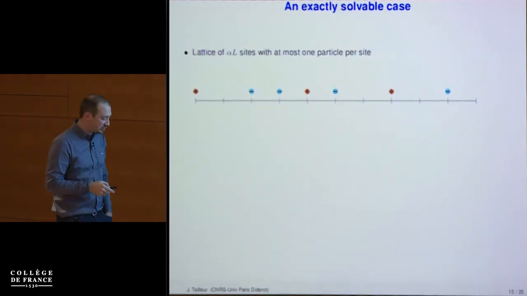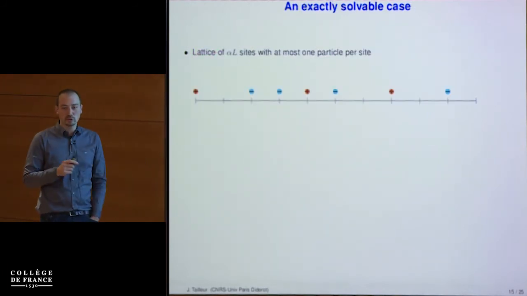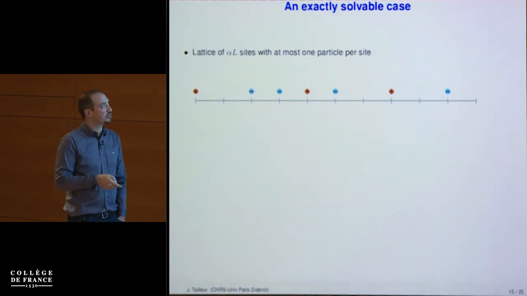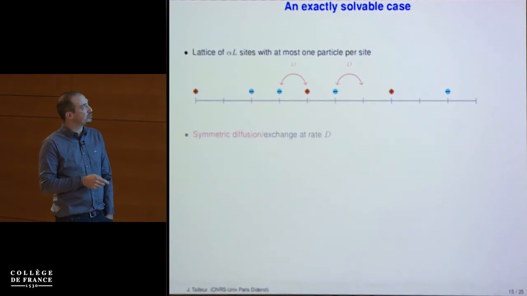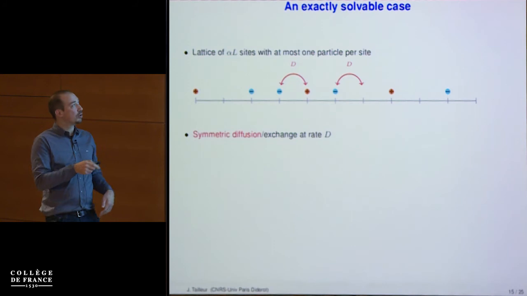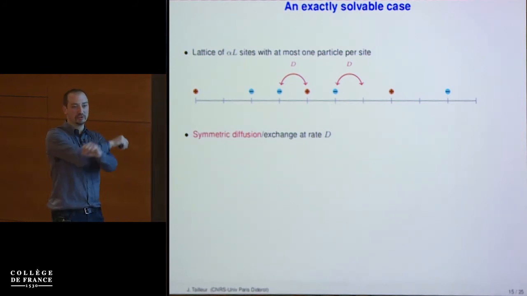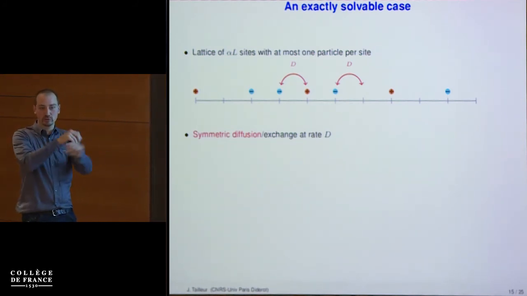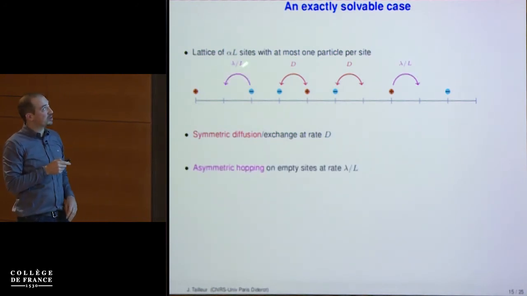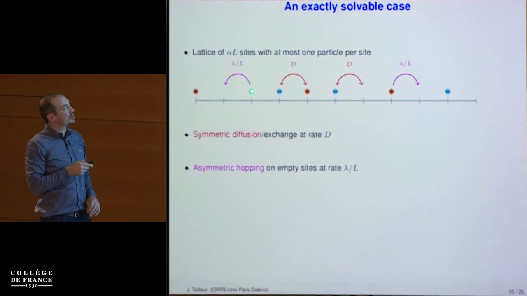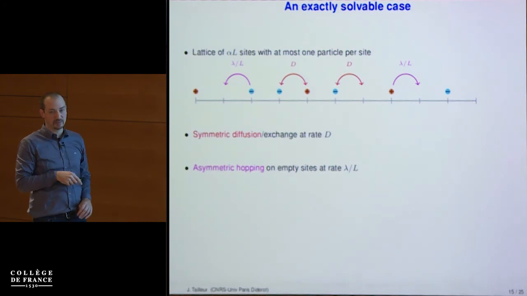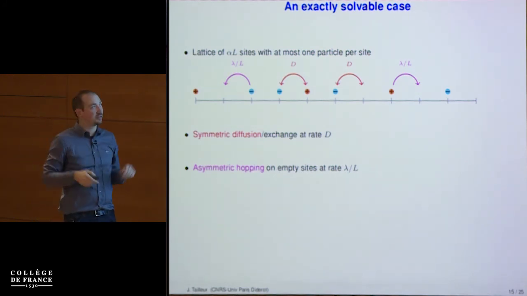OK, so for these types of lattice models, it turns out that if you choose the hopping rules microscopically wisely, you can construct hydrodynamic equations exactly. So how do you do that? First, you say that at a rate D of order 1, on your lattice, you swap neighboring particles. So that's a rapid process, which has nothing active in it. Then, at a much slower rate, rate 1 over L, the minus particles hop to the left and the plus particles hop to the right if the arrival site is empty. So that's the active part of the dynamics.